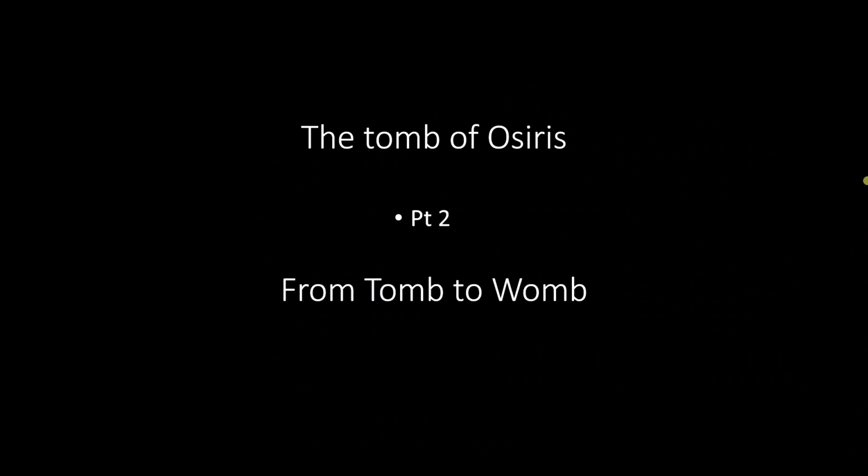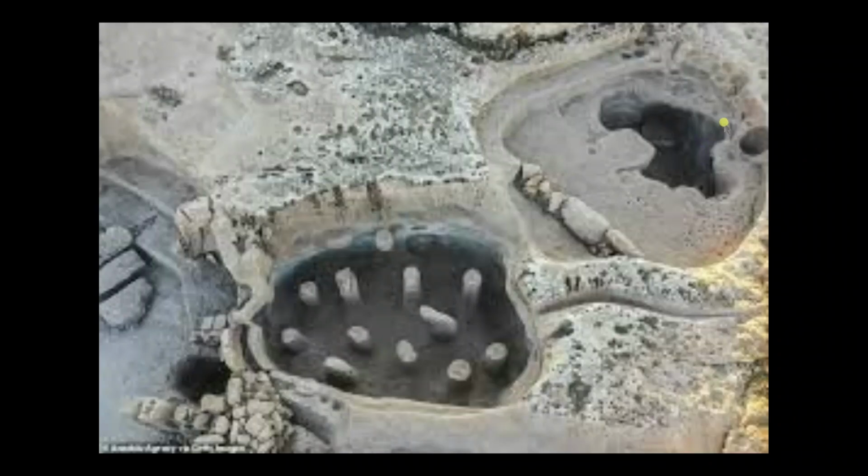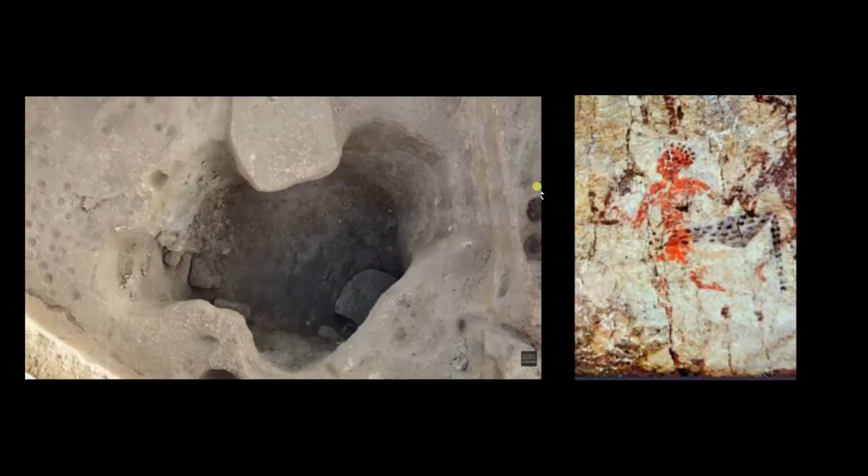Welcome to part 2 of the Tomb of Osiris, from tomb to womb. I Oasea, the Eye of Oasea. The Tomb of Osiris, and the Halls of Amenti. There's something I missed in this first